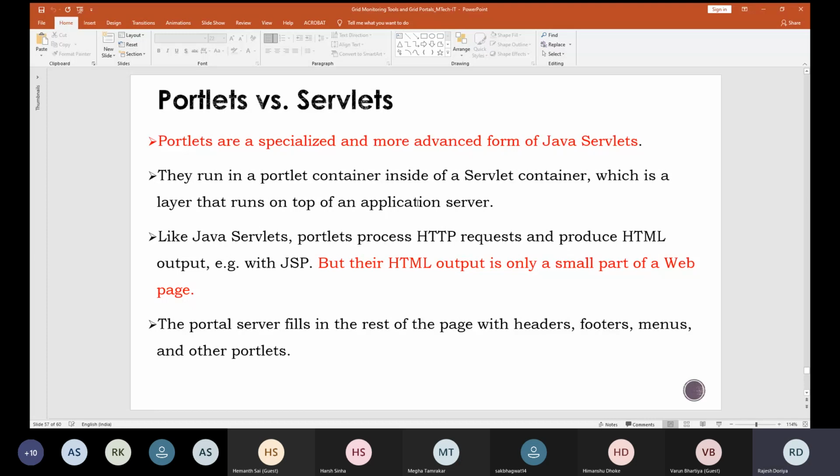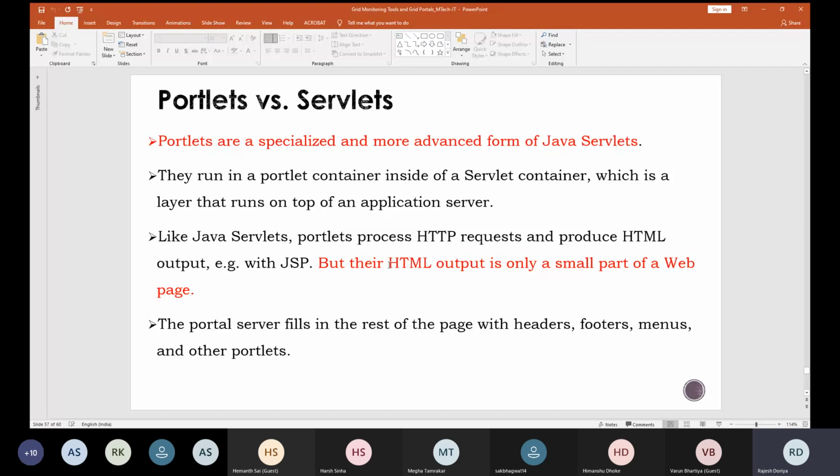Now, like a Java servlet, a portlet processes HTTP requests and produces HTML output, for example with JSP, but its HTML output is only a small part of a web page. In a Java servlet, if you place a request, you get a response which might contain unnecessary information. But in the case of Java portlets, you get only the relevant information, which is quite small compared to the typical web page a servlet provides.